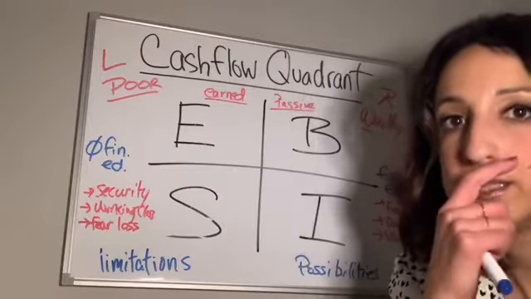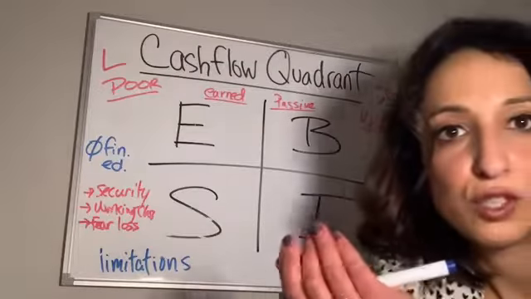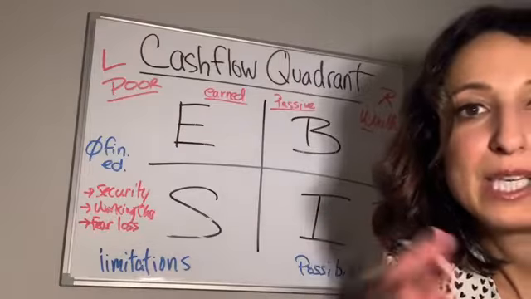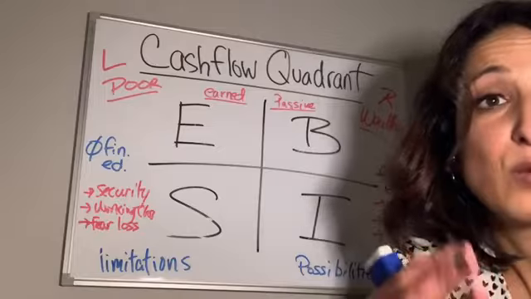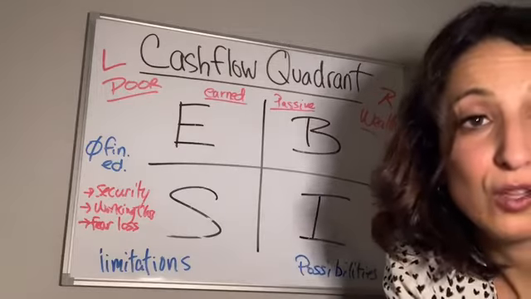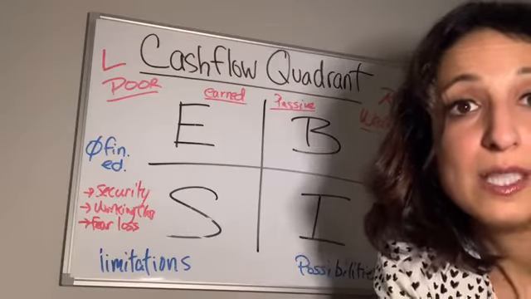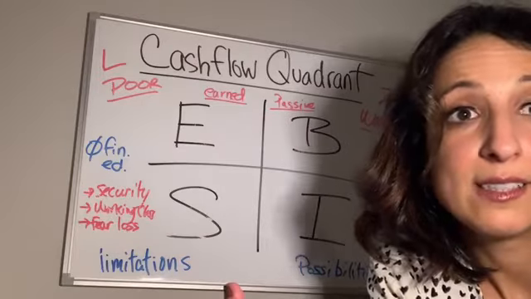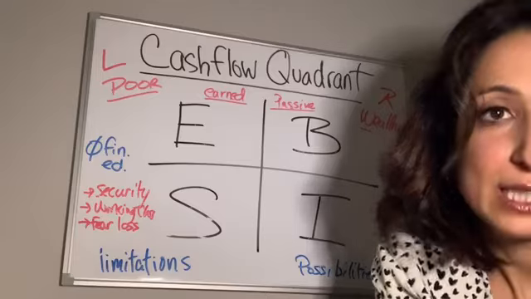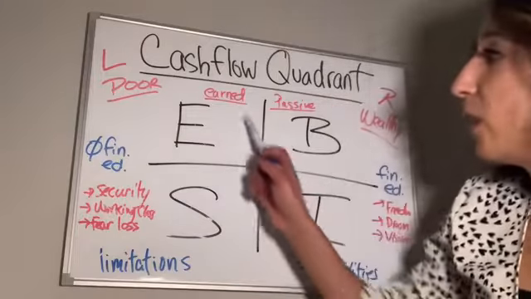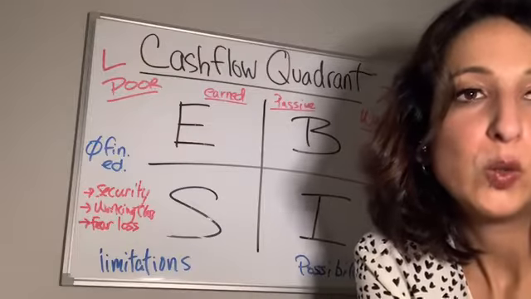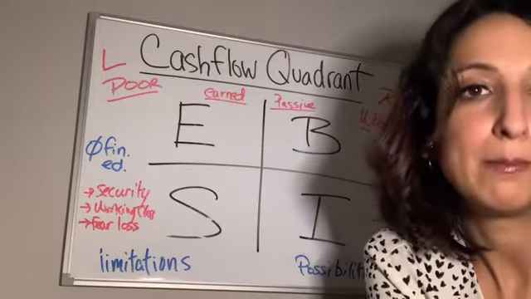We talked about this a few weeks ago too, where if you start a coffee shop across the street, you're not necessarily going to be making back the money that you put in until maybe 3, 4, 5 years into it. And a lot of times small businesses don't even make it past the 5 year mark because they can't make back the money that they've put in. So that's one of the reasons why it falls on the left side: you are the system. You are putting your time in order to make money.